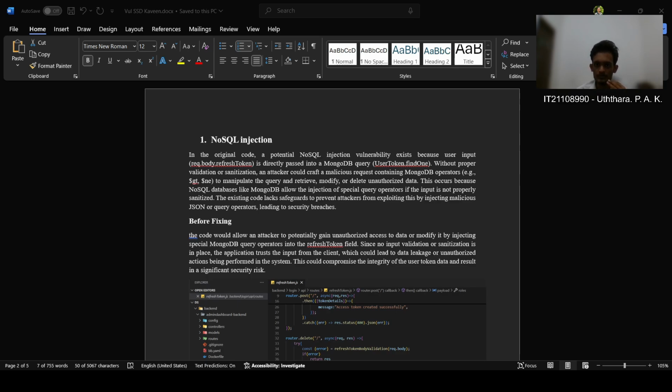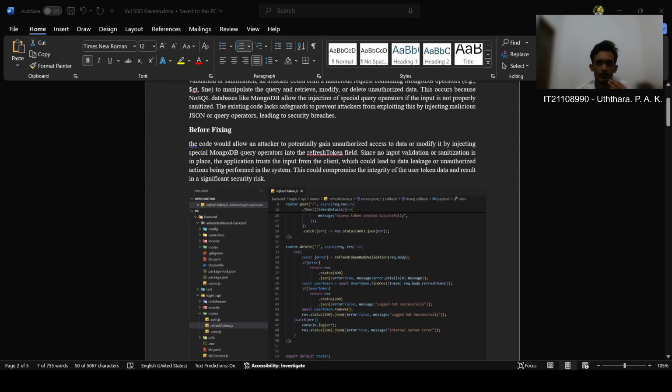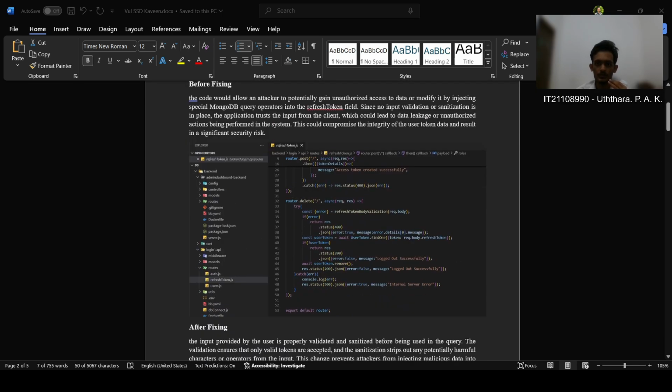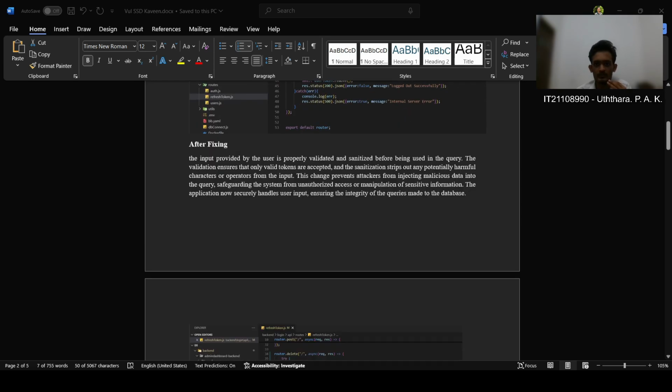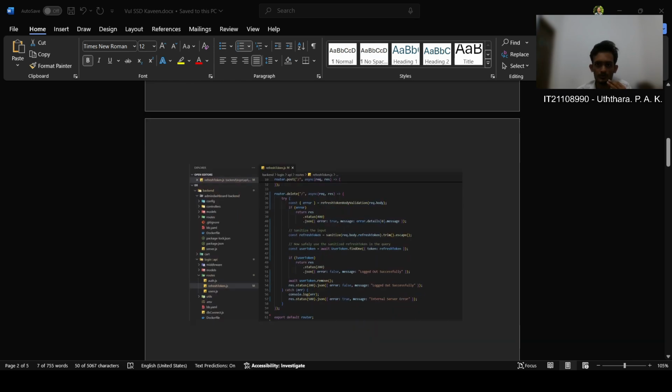This occurs when user input is passed directly into database queries without proper validation or sanitization. In the original code, user input for a token was being used in a MongoDB query without any checks, allowing attackers to inject malicious data. To solve this, I added input validation and sanitization using libraries like Express Validator to ensure only safe data is passed into the